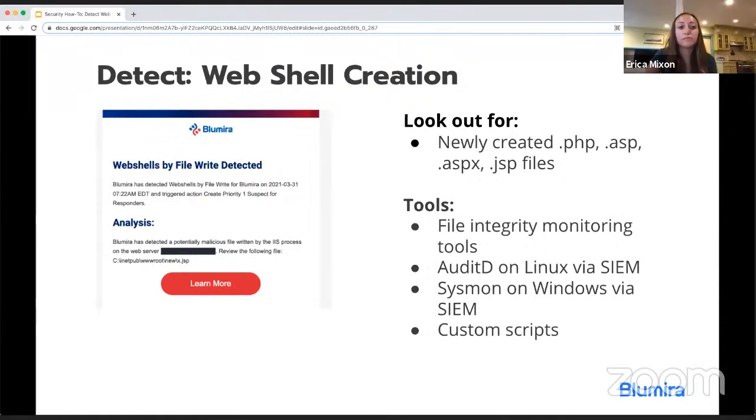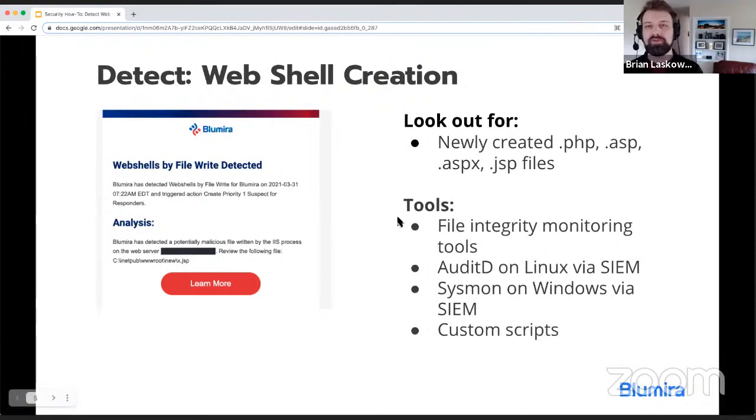Mm-hmm. So it can vary from that initial access, but the key thing is making sure you keep things patched. Second to that, I would say it would be those remote access things. So make sure you're using 2FA, or if you can, keep the remote admin tools internal or behind a VPN. Those are some of the key controls that you can use to limit that exposure. Right. But as far as then from a detection standpoint,